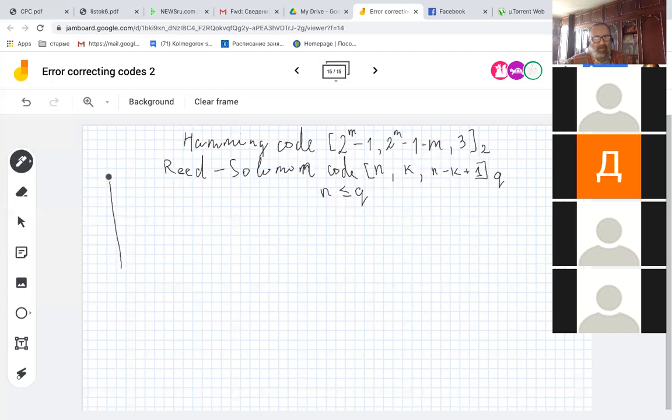Recall the diagram on which we represent the parameters of the code. We have the sufficient condition, which is called the Varshamov-Gilbert or just Gilbert bound, which says that there is a code below that line, which in the coordinates d over n and k over n